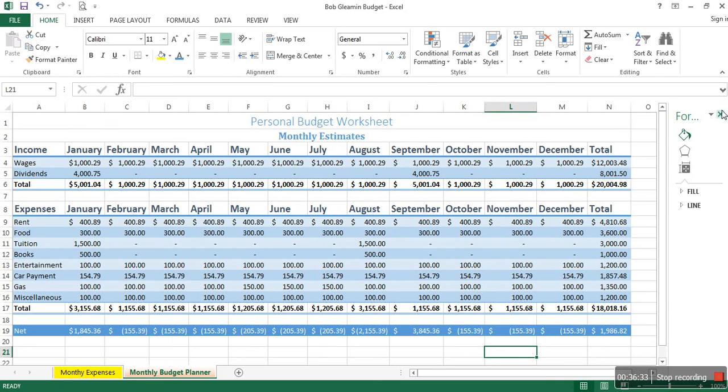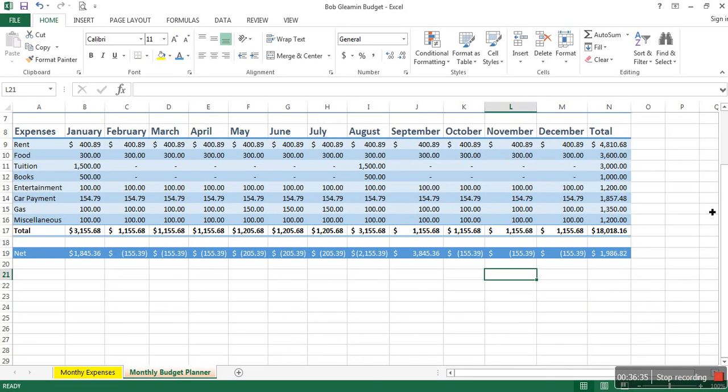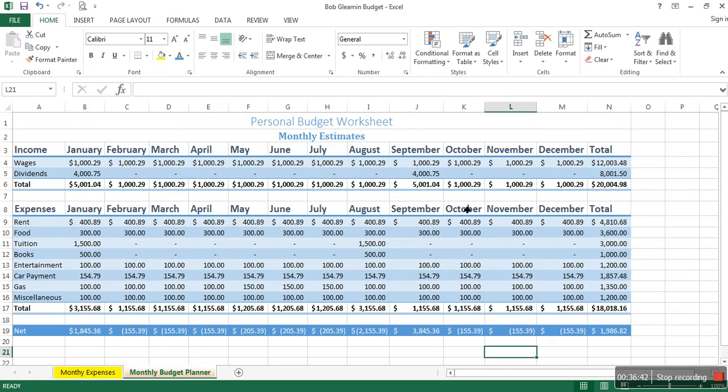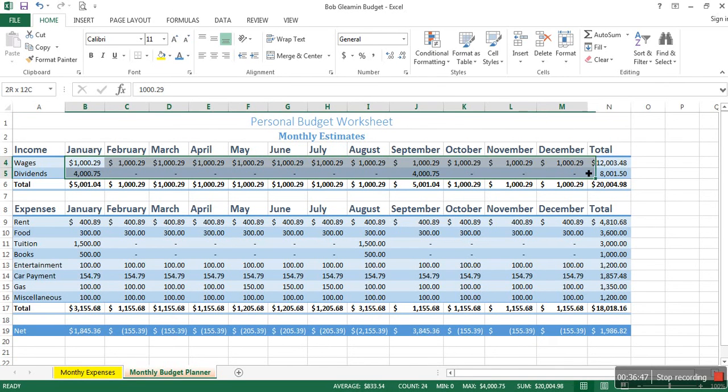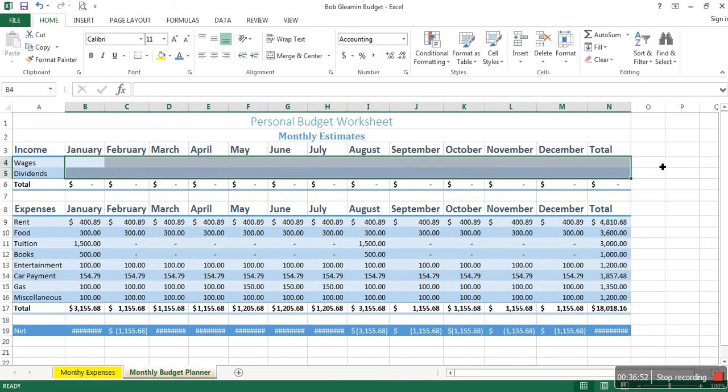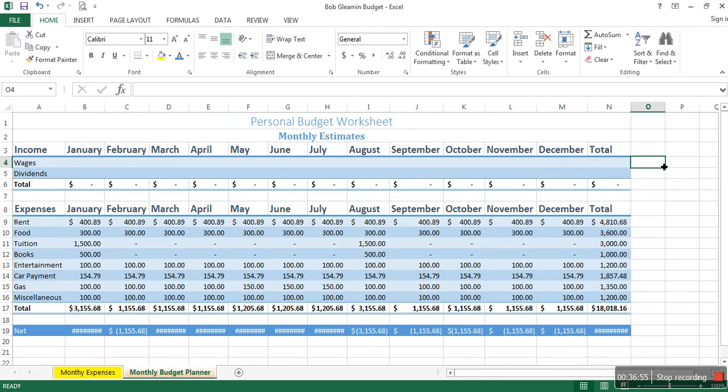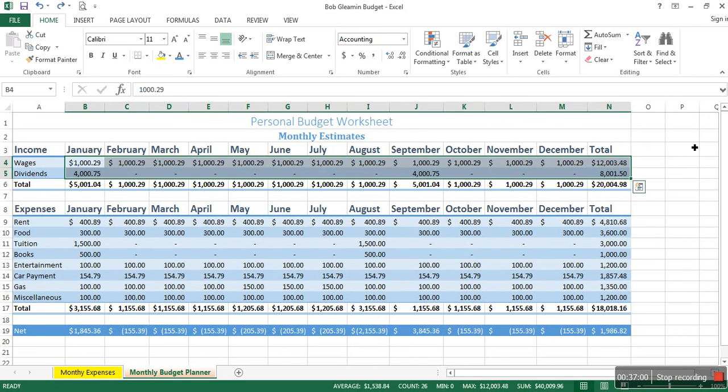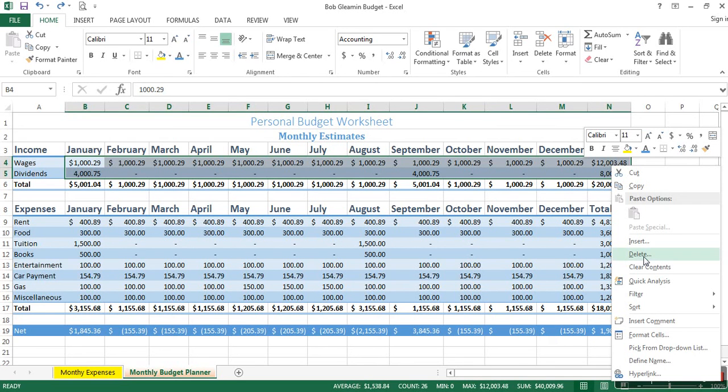Finally, if you needed to delete some contents in your worksheet, here's how you might go about doing it. So let's say I wanted to delete these items for the wages and the dividends. I can always hit the delete key on my keyboard, but the only thing is it left the formatting behind. Notice the banded colors are still there. Let me undo that. You can also do right click and delete, same thing as just hitting the delete key,